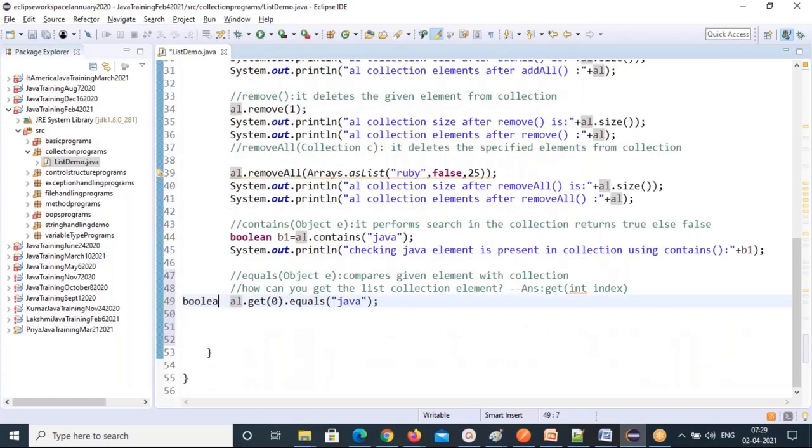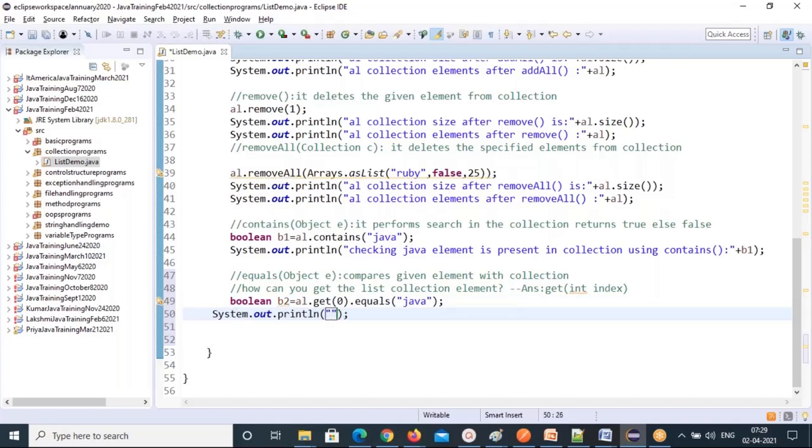This returns a boolean value, so boolean b2. It's a return type method. Let's first do a print statement: comparing collection first element with Java using equals method. You can even use the hashCode method to find the address of that element.